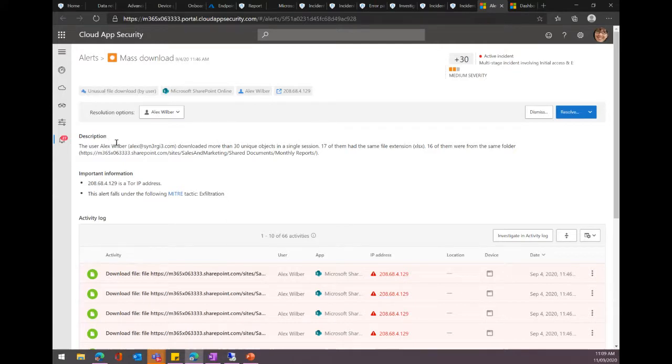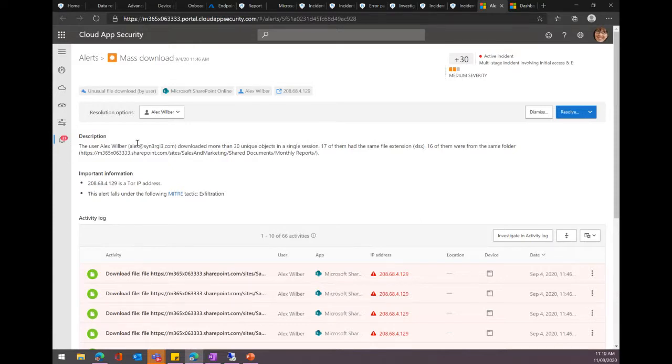So the user Alex downloaded more than 30 unique objects in a single session. 17 of them actually had a file extension of XLSX, which is a spreadsheet, and 16 of them came from the folder sales and marketing monthly reports. And in addition, we found that the IP address access came from a Tor IP address. So it starts to build a picture for you that this was